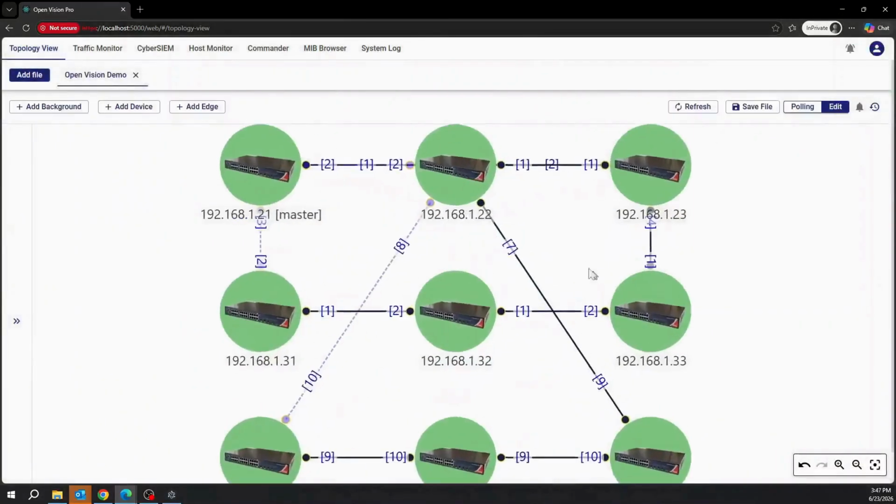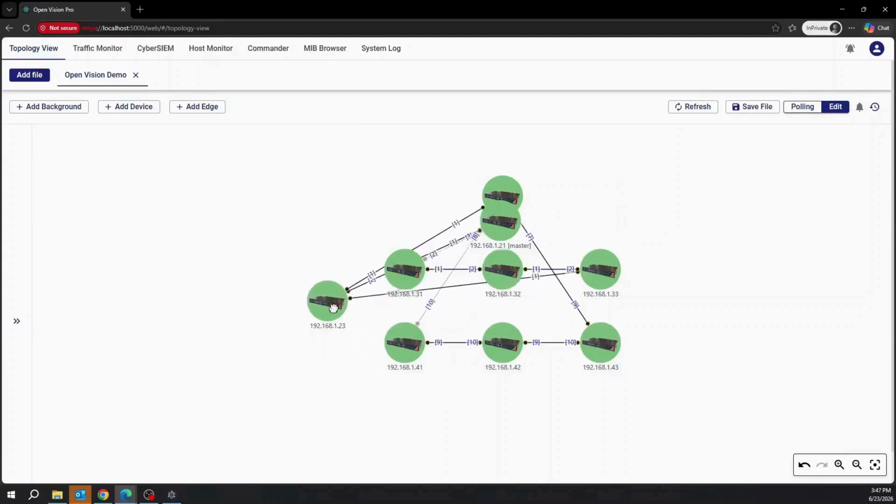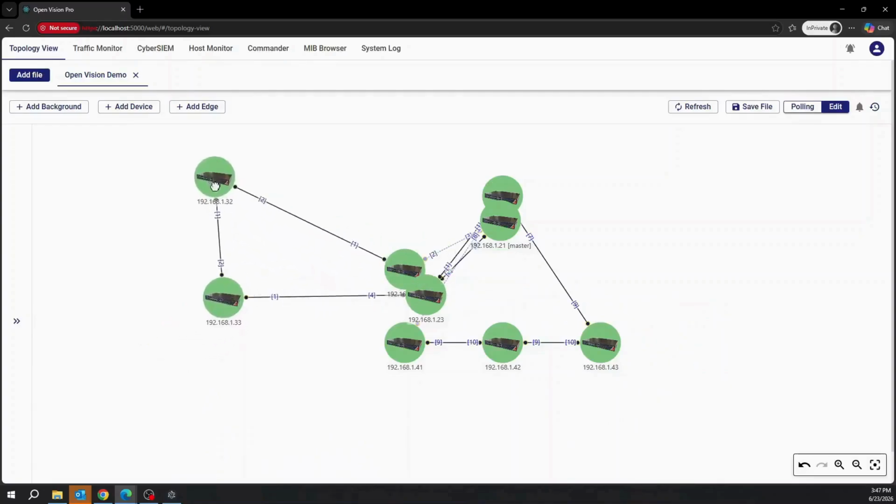Okay, now let's start with the topology view. The topology view provides a graphical representation of your network and allows you to organize devices according to their physical locations or network architecture. In this demo, we can arrange the switches based on their redundancy groups. For example, switches 1.21, 1.22, and 10.23 are running ORing redundancy, so we place them in the center of the